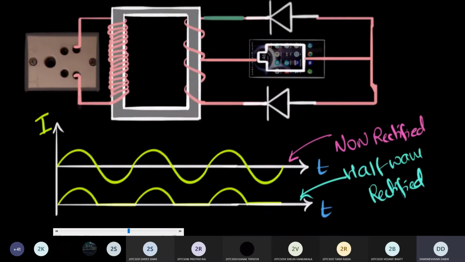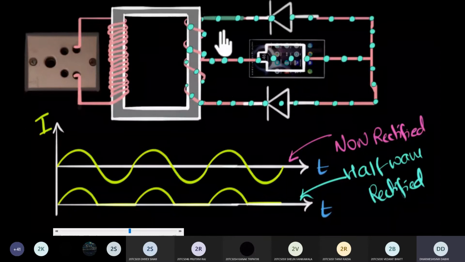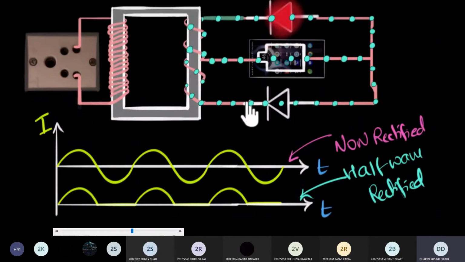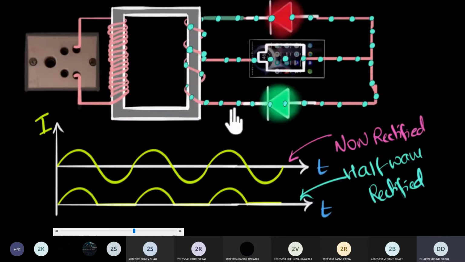Just think about this. All right, let's see. When the charges are trying to flow clockwise, notice in the above circuit, the diode will not allow that. It's in the opposite direction, right? So the above circuit diode will be red. It won't allow it. But notice in the below circuit, the clockwise flow, the diode allows. And so during the clockwise motion, this circuit will be active, and so the current will flow only in this circuit.